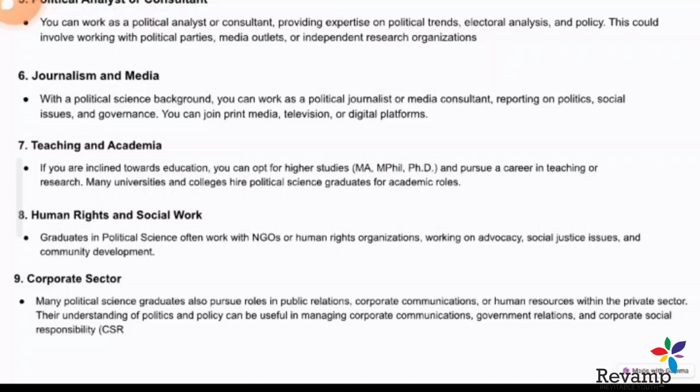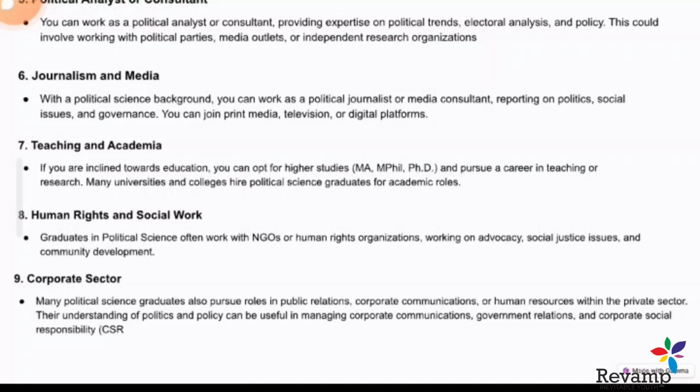And teaching and academics, where after your graduation you can go for your post graduation, and you can even qualify the NET and JRF exam. Through these you can go for assistant professorship after your PhD. At a lower level, after your graduation you can also go for teaching through the B.Ed examination. One other option is human rights and social work, like non-governmental organizations. These organizations work with government policies and with how to formulate policies. So here you can also contribute.